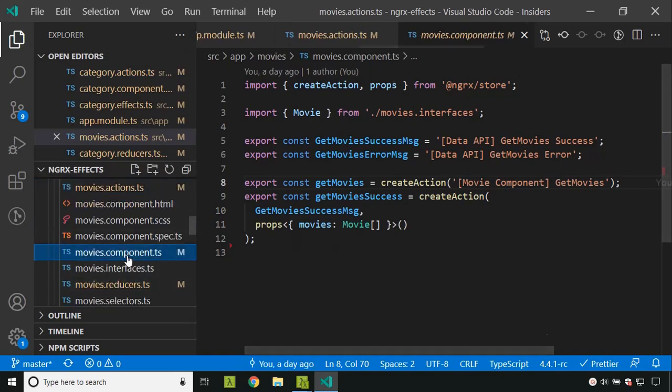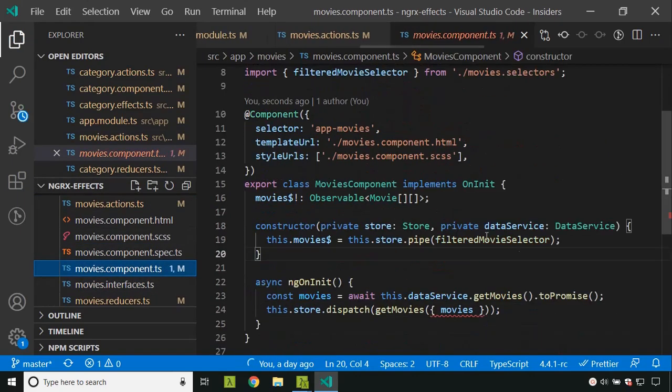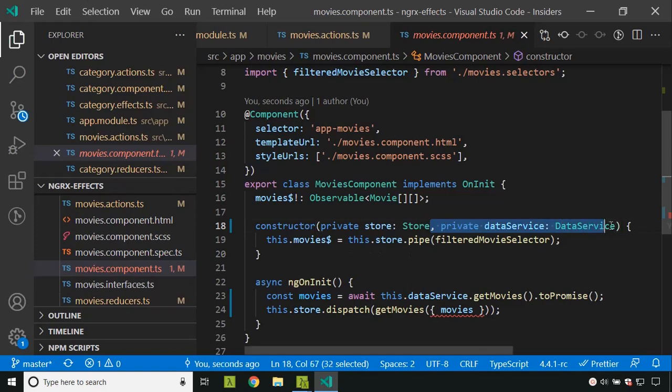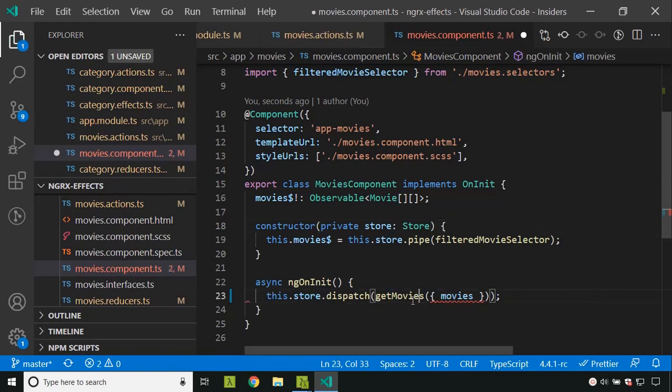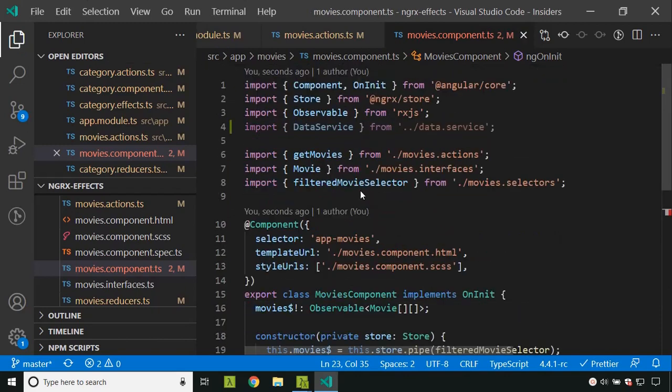Similarly, we'll go to the movies component. We don't need the data service. Remove it, and you also don't need the props since we are just calling the FX here. Remove all the unwanted references.